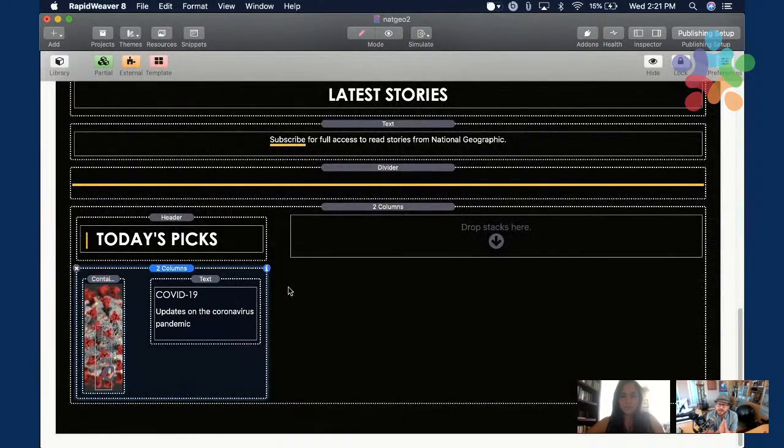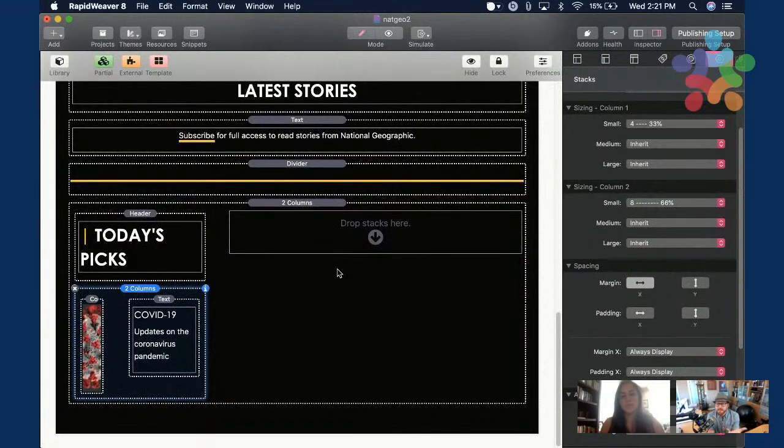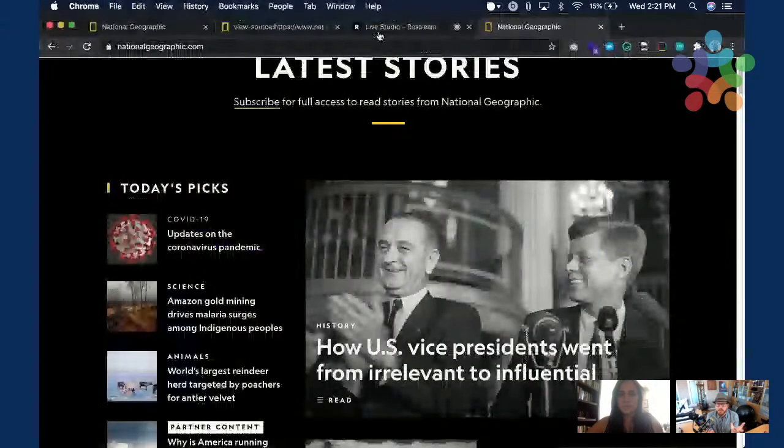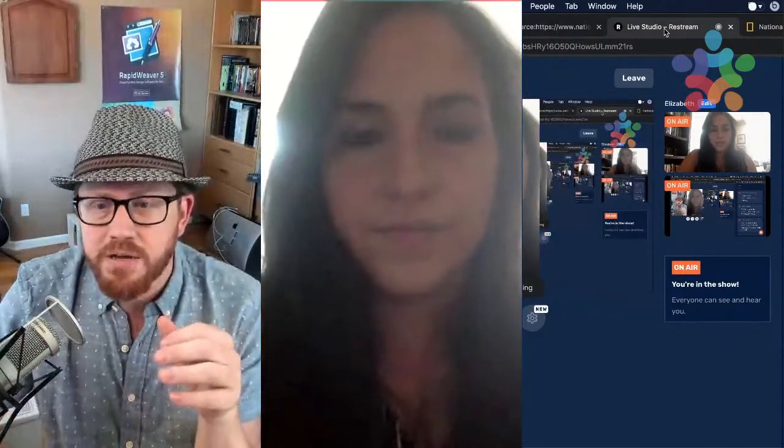So when you add an image to a background, that image is not influencing the size of the container, right? Okay, so if it's not influencing the size of the container, that container now has no content. So before you added that padding, if you were to preview it, you wouldn't be able to see it. You couldn't see the background image because that container has no content to it.